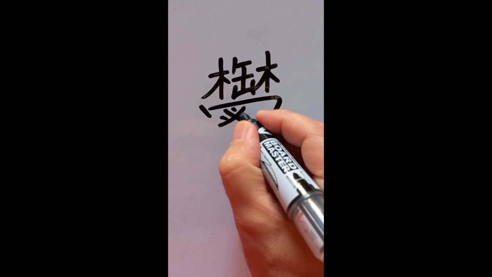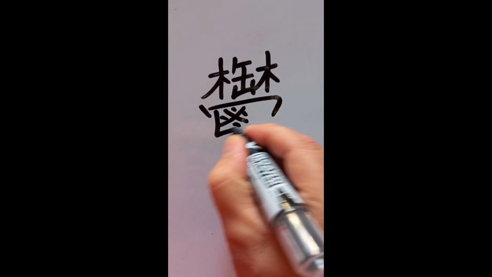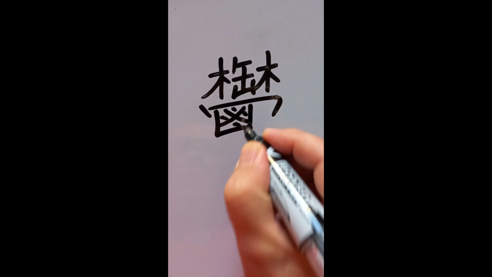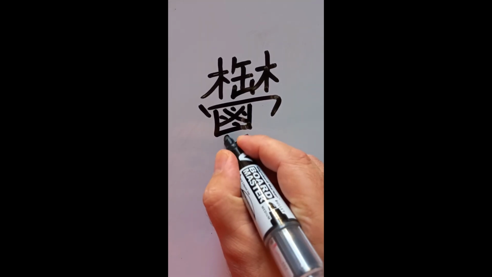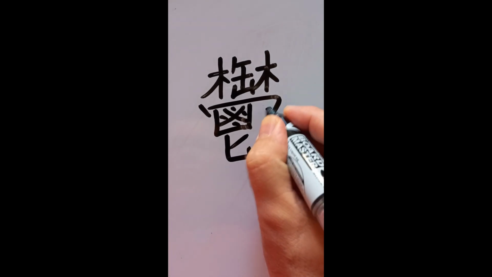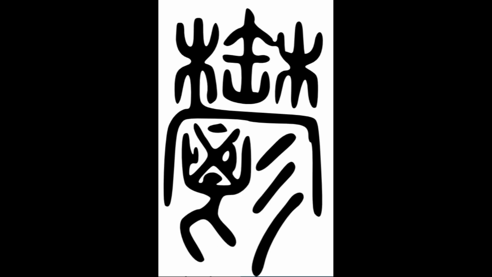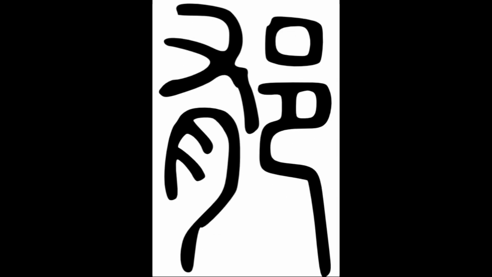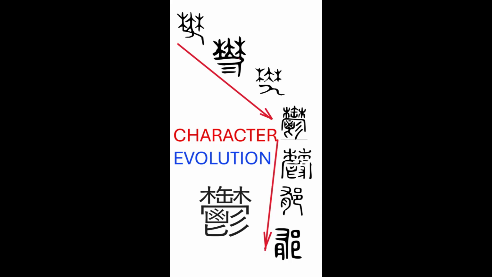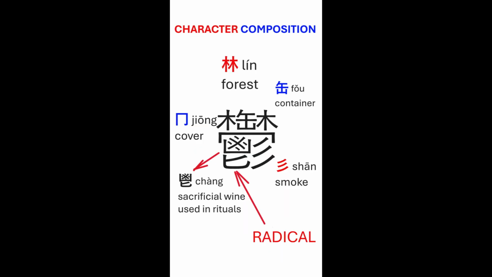We are dealing with a 19-stroke character with components such as lin, meaning forest, probably the only one to have anything to do with the concept of lush. But the rest of the components, if we analyze the evolution of the character, we still feel like groping in the dark for something that can help us anchor the shape of the character. So you'll probably understand and agree with me when I say that the character yu is frustratingly elusive.